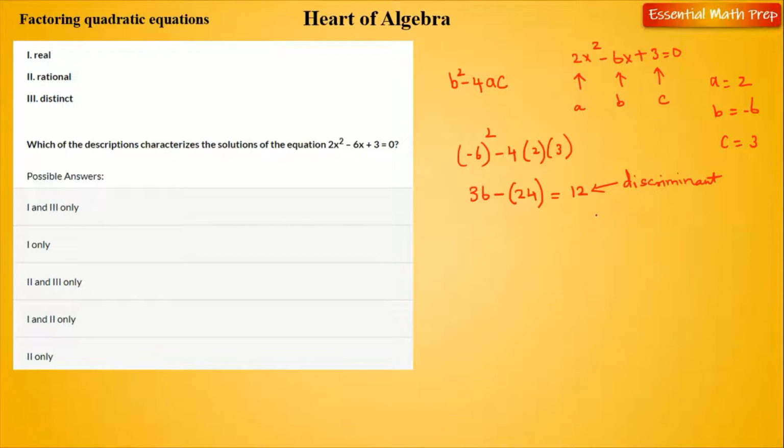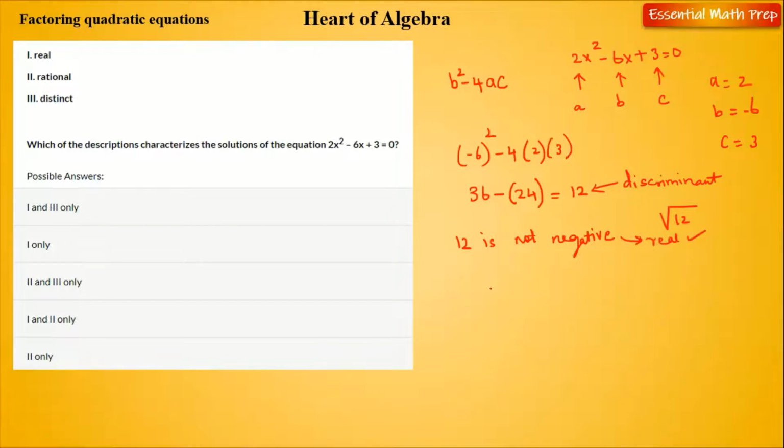Because this is not a perfect square root, okay? Well, first let's go to the option that's real. Is this real or not? Well, this number is not negative, right? 12 is not negative. So it's not going to give you an imaginary square root, right? If you take the square root of, say, 12, it's not going to be imaginary. It is going to be real. Since 12 is not negative, it is real,